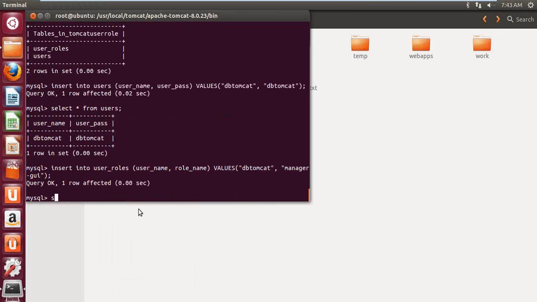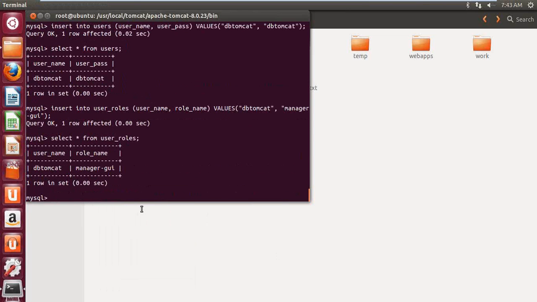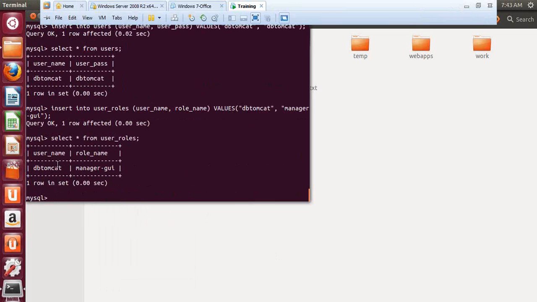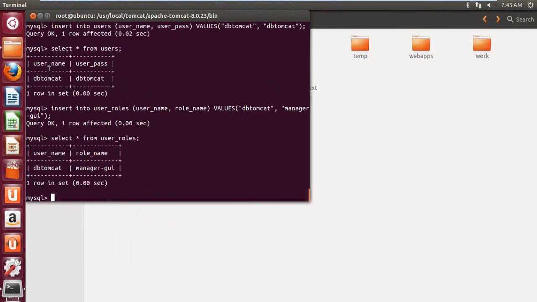Okay, it is inserted. Select star from user_roles. Okay, so it means in the users table we have created one user, db tomcat, and in this user_roles table we have assigned the manager-gui role to this db tomcat user. Okay,